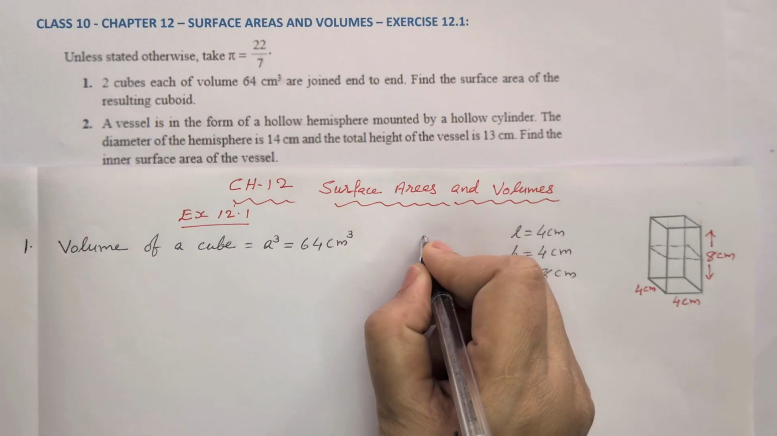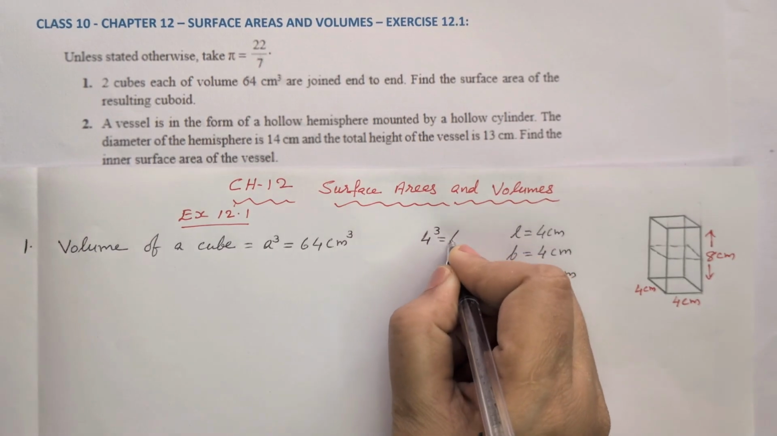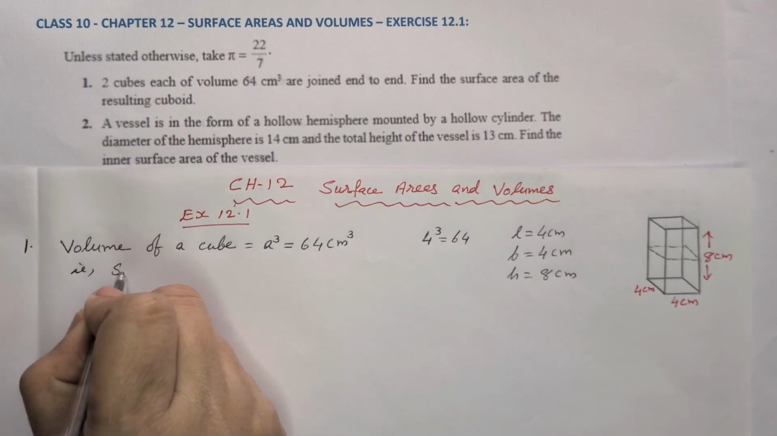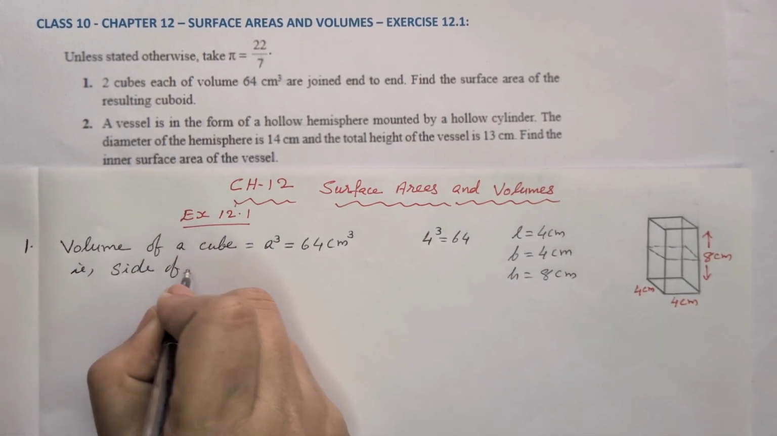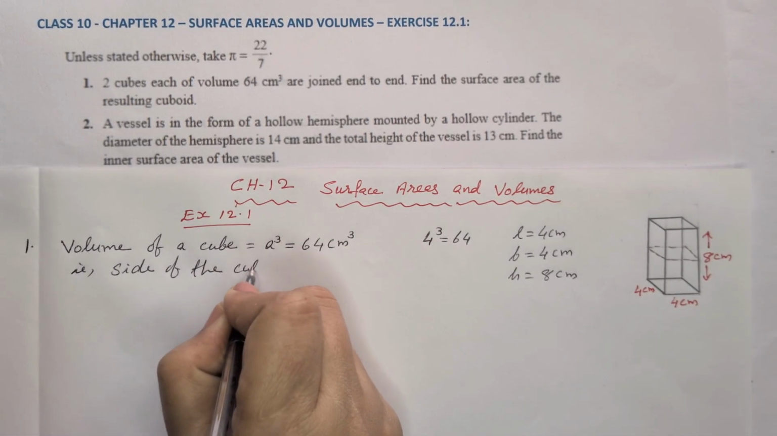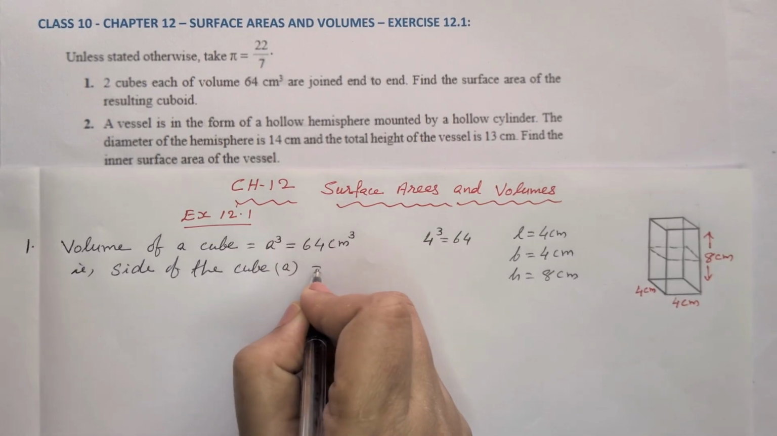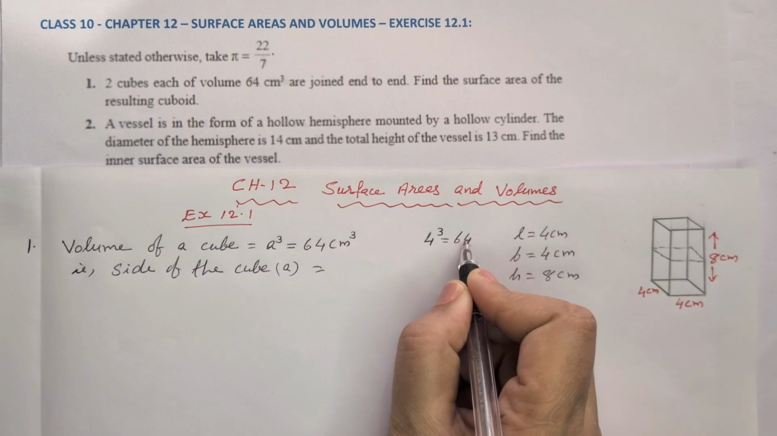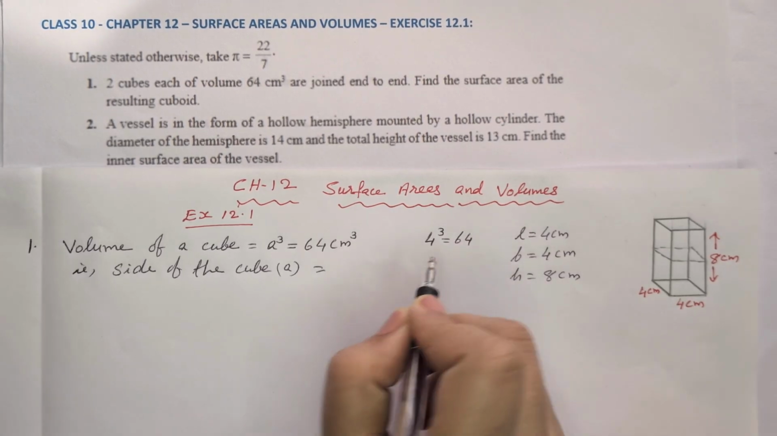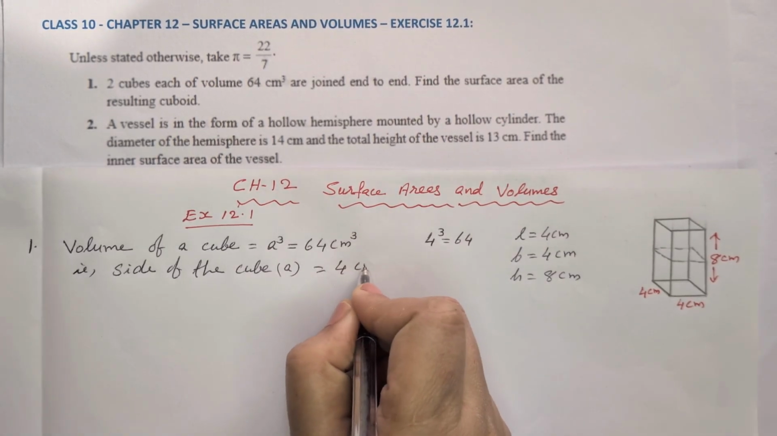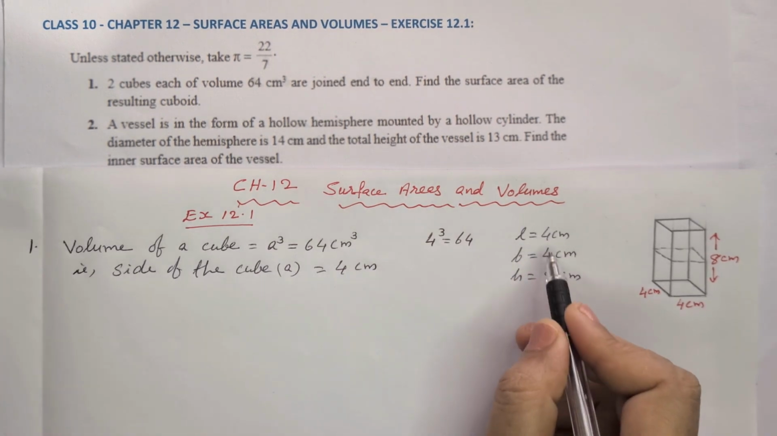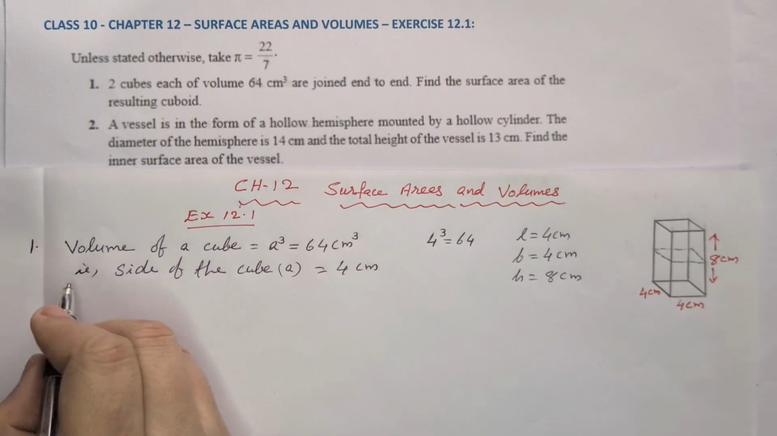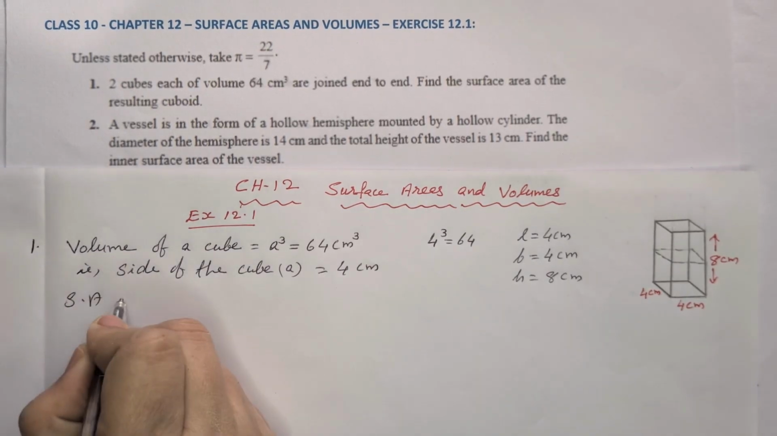We know that 4 cube is equal to 64. From here we can write the side of the cube, that means a is equal to 4. Side into side into side, that is 64 volume. Now one side of the cube is 4 centimeter. Now we got all these three. What we had to find is the surface area of the cuboid. So surface area of the cuboid